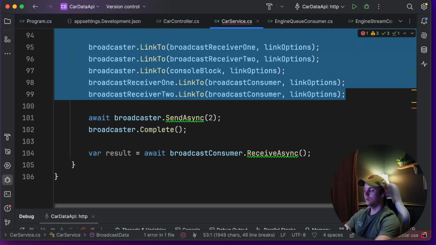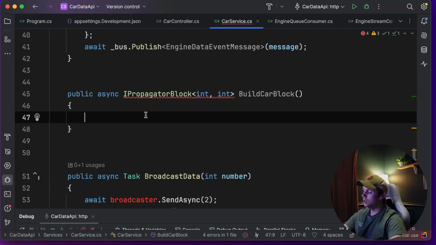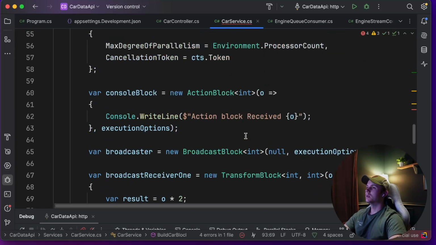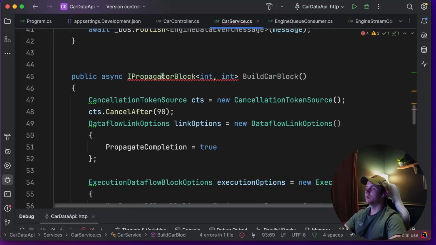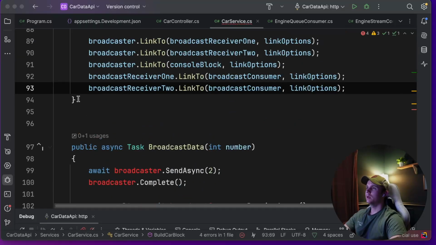So let me copy that, delete it, and I'm going to paste it in here. So I've moved the logic inside of this method, but I still need to return that actual propagator block. So if I come down here,